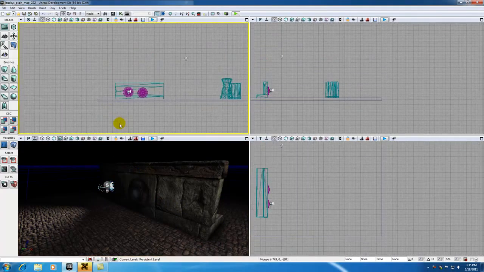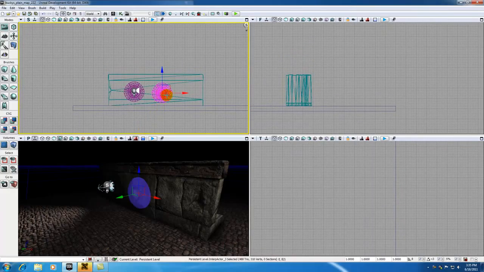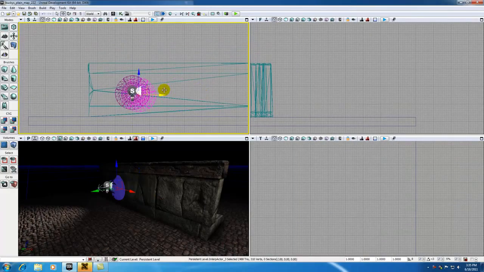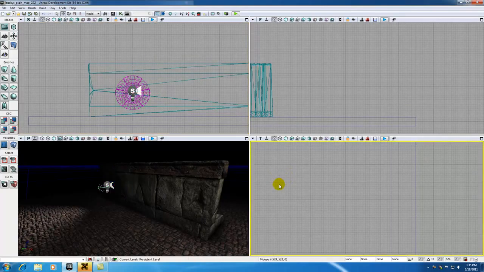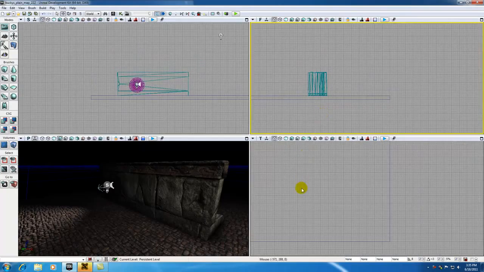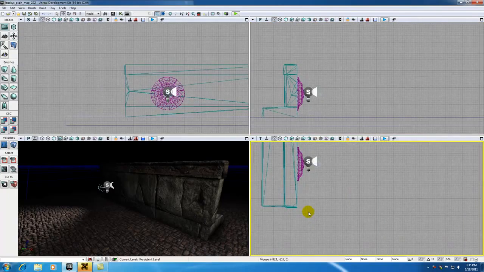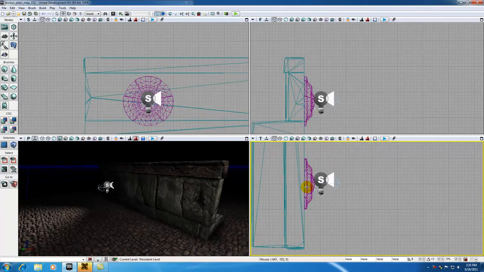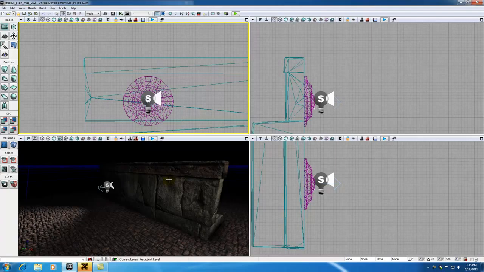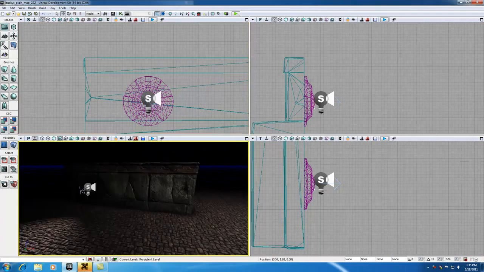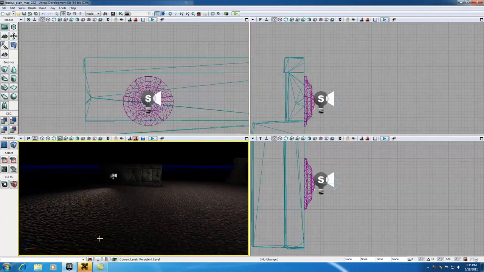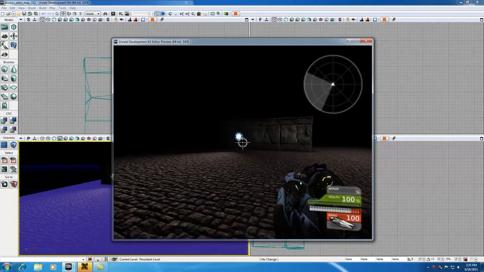In order to do that, probably the best way is to go in my side view, scroll in even more, and make sure that they sit right on top of each other. Alright, so make sure that they are indeed right on top of each other. That way, whenever we replace them and make one visible and one invisible, it looks like it's the same light going on. So now, for one last time, I'm going to go ahead and hit play from here